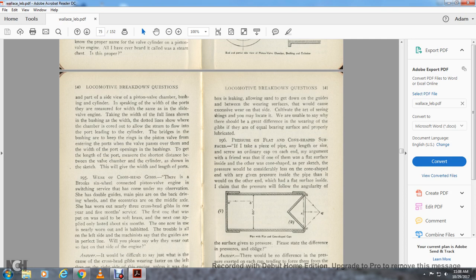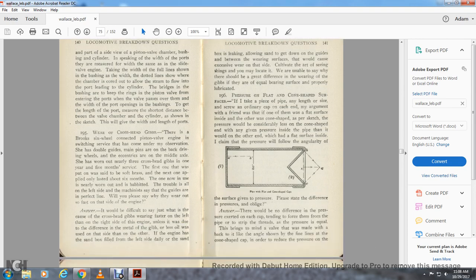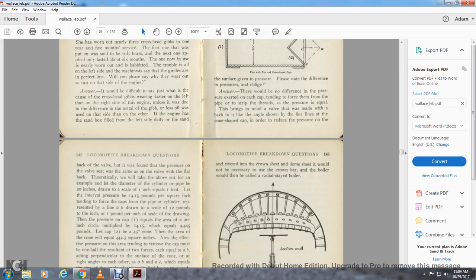The surface, given the pressure of the place, is a state of difference in pressure. To show the pipes with the flat and cone-shaped caps, your answer: there would be no difference from the pressure on the extent of each of the caps, ending up from the force of the lift of the pipe, the pressure being equal. That brings to mind the valve that was made with the back end at an angle to show the fine lines at the cone-shaped cap in order to reduce the pressure on the